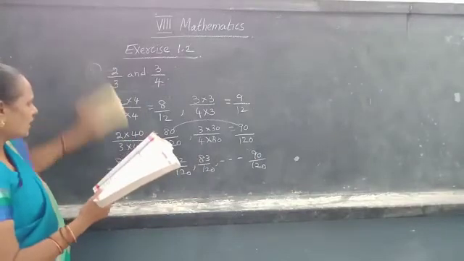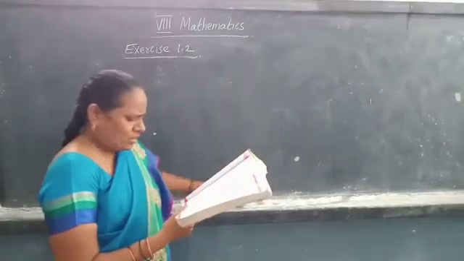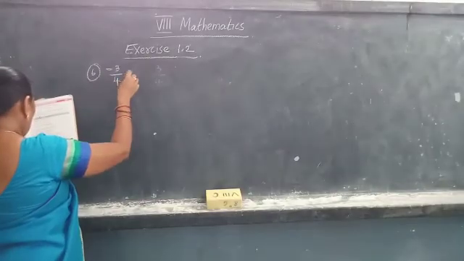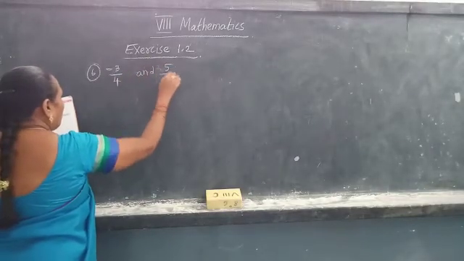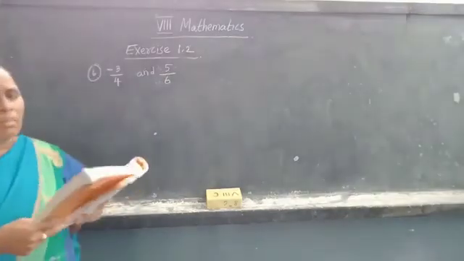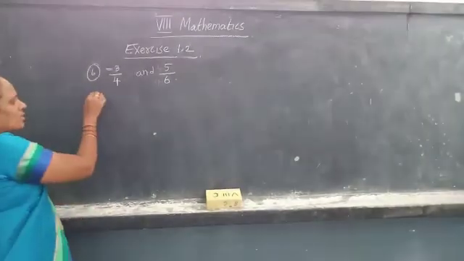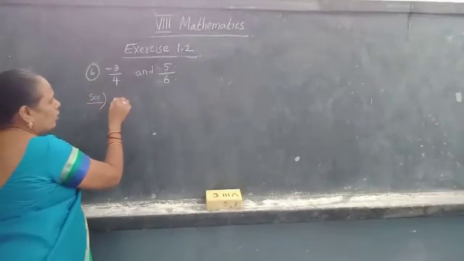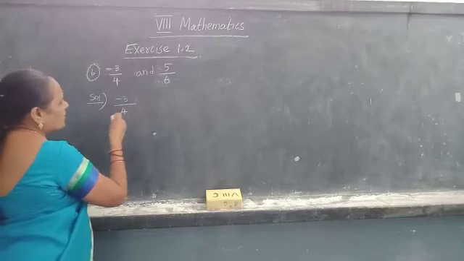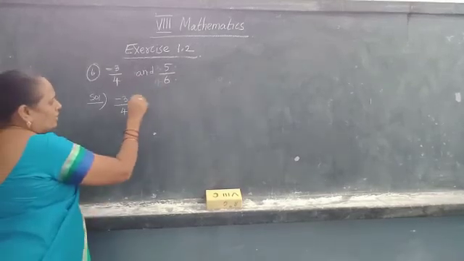Next, the last question, that is the 6th one. Find 10 rational numbers between -3 by 4 and 5 by 6. So here also the denominators are not the same. So you have to make the denominators the same by multiplying with the number which makes the denominators equal. So here 4 and here 6 is there. So you multiply with 6.